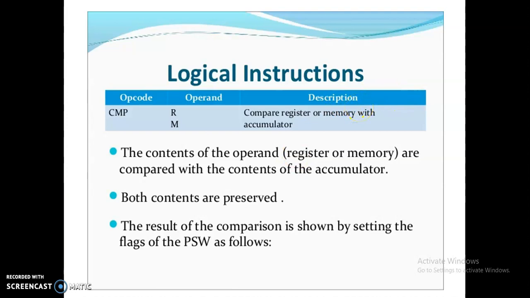Both contents are preserved. The result of the comparison is shown by setting the flags. In the logical instructions AND, OR, NOT, the content of the register is ANDed or ORed with the accumulator, and the result is stored in the accumulator, but in the compare instruction the result is stored in the status flag.